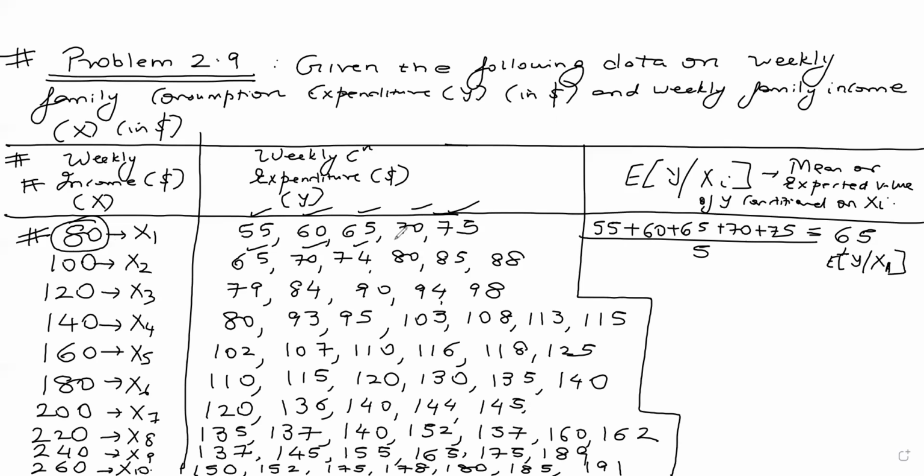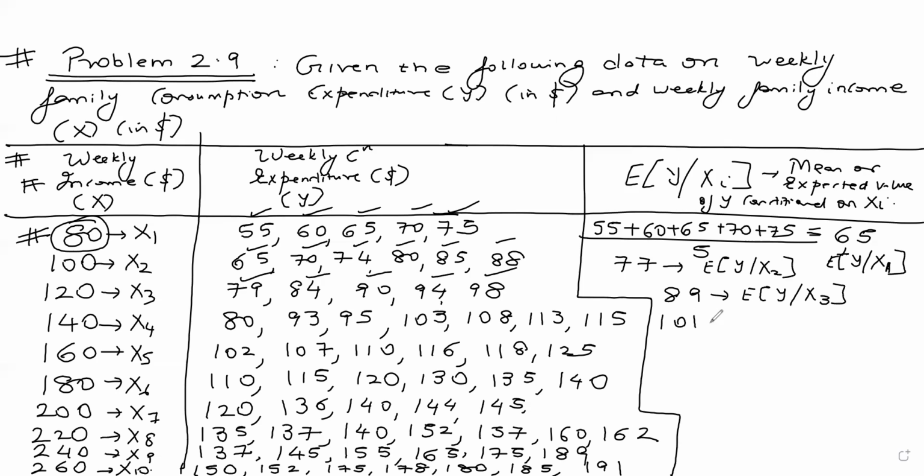Similarly, you add all of them up, you divide by the total number of observations, you can verify, you get the answer as 77. This is expected value of y conditional on x2. Similarly, you add all these values and you divide by the total number, you get 89. This is expected value of y conditional on x3. And similarly, I can write all the remaining answers. 101, expected value of y conditional on x4, 113, expected value of y conditional on x5,